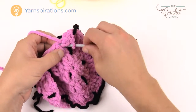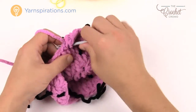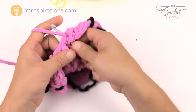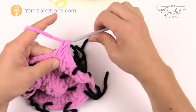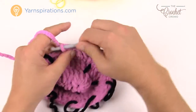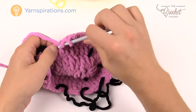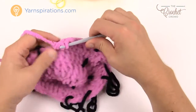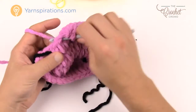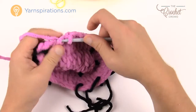There's gonna be 3 double crochets in a row. So 1, 2, and 3. Okay, here's your constant coming up, which is your half double crochets. There's gonna be 3 of those. So 1, 2, and 3. Okay, you're gonna have 3 single crochets in a row. That's still your constant. So 1, 2,